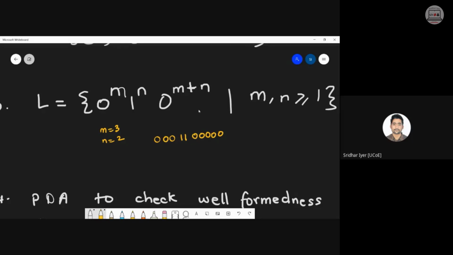So as you can see, there is one middle point over here, right? Till this middle point we can keep on pushing, and once we have reached that middle point we can start popping. So 5 x's were pushed and 5 x's were popped. Am I clear? So the logic is very simple. For each 0 push x, for each 1 push x, and after that pop whatever is present on top. Am I clear?